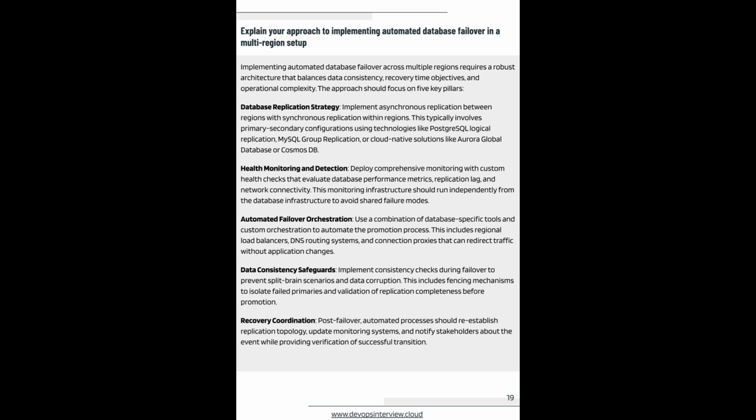Wow. This has been an incredibly detailed and frankly sophisticated look at what goes into automated database failover in a multi-region setup. Right. It's clearly far, far more involved and requires significantly more forethought than I think most of us probably ever realize when we just use a website. Indeed. It really highlights that building a truly resilient, highly available system isn't about one single piece of technology. It requires meticulous planning and integration across architecture, the replication itself, comprehensive monitoring, smart orchestration, rigorous testing, and ongoing operational